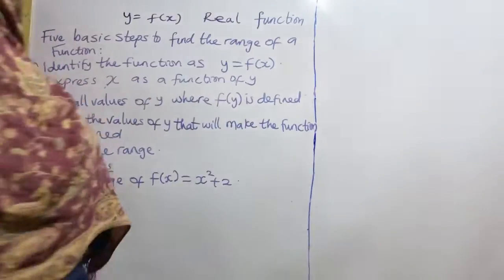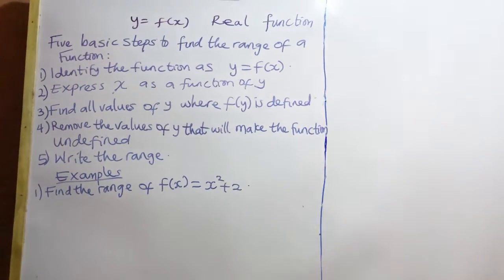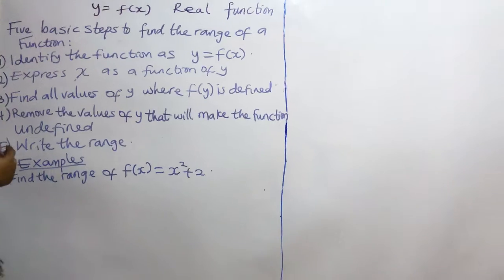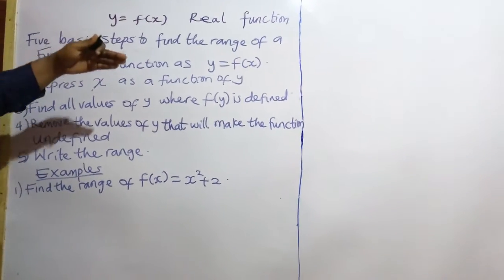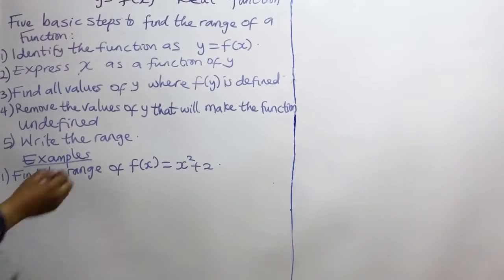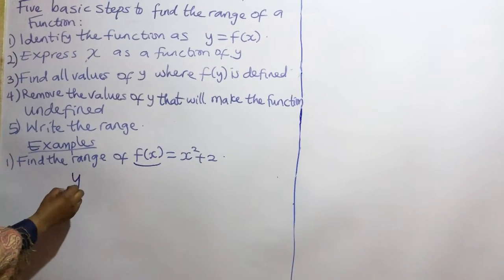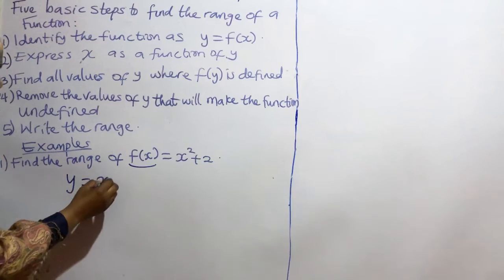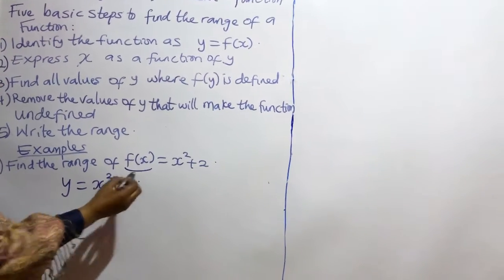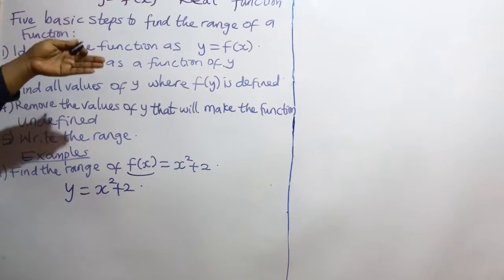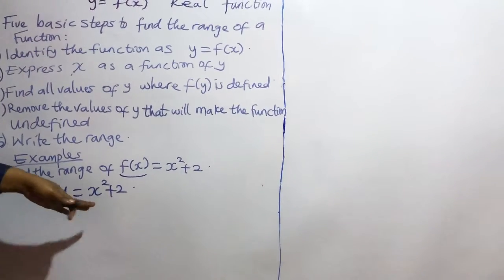Now, for example, we will find the range of f of x is equal to x squared plus 2. So the first step is identify it as y is equal to f of x. So instead of f of x, you put y there. So y is equal to x squared plus 2. The second step is that express x as a function of y, that is, make x the subject of the